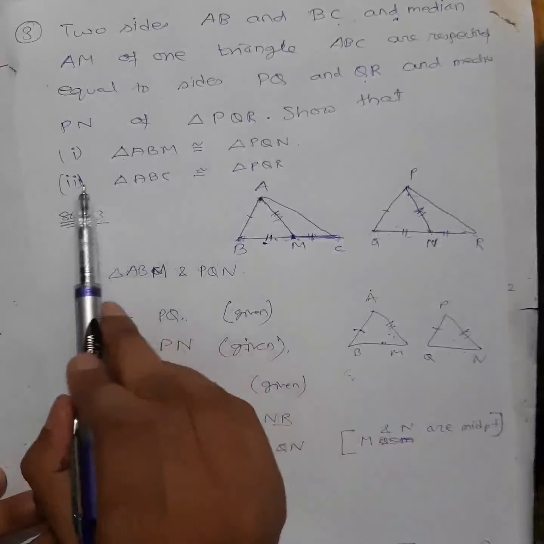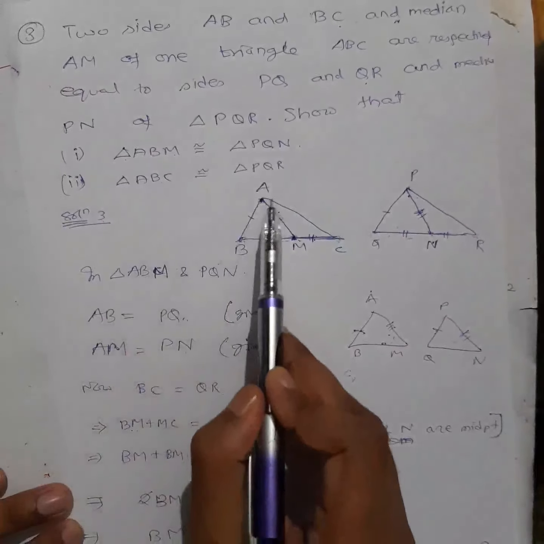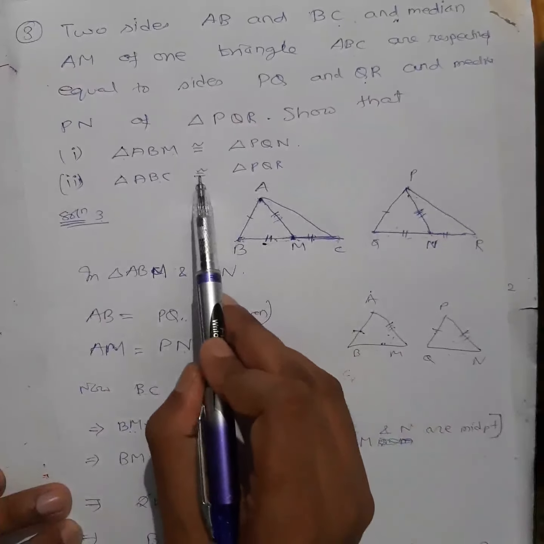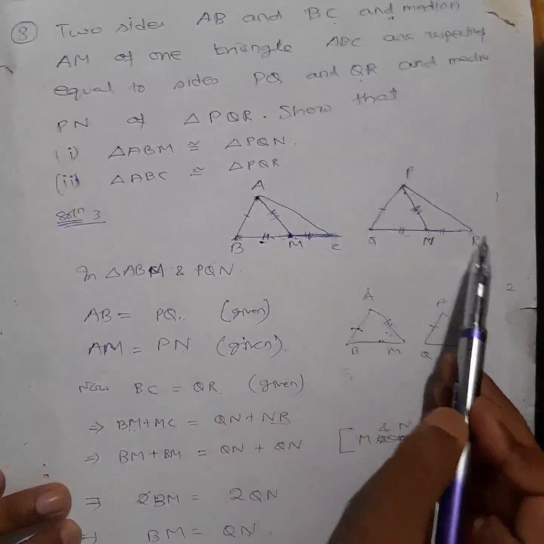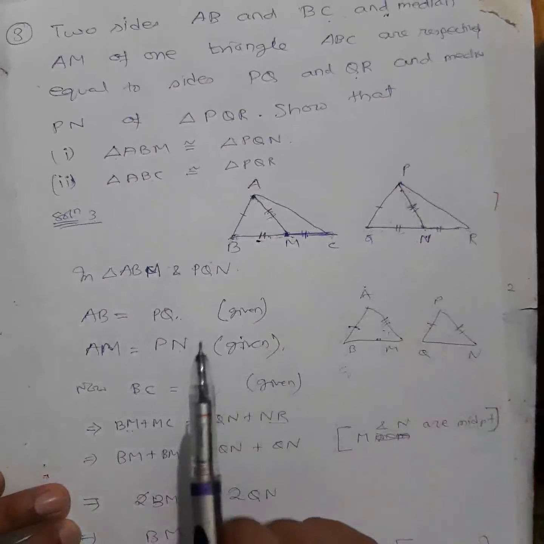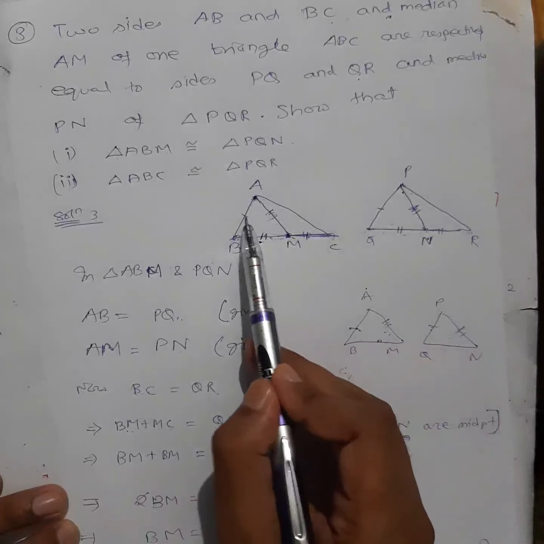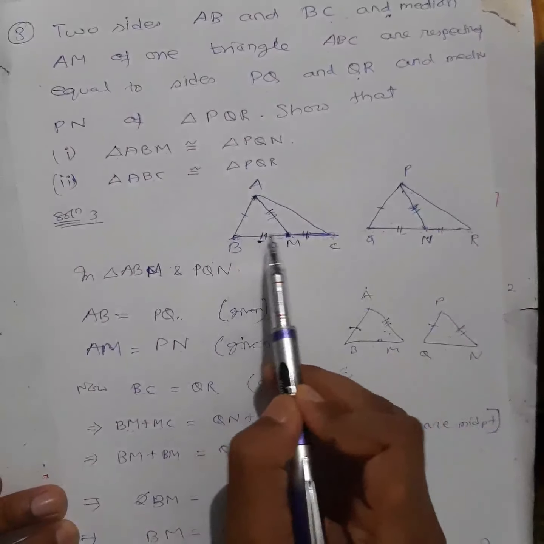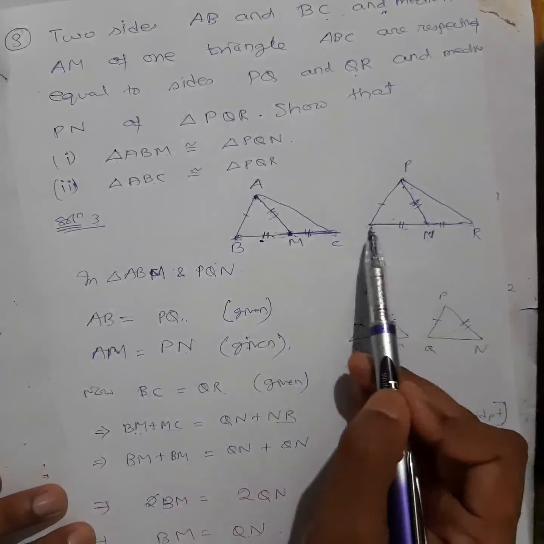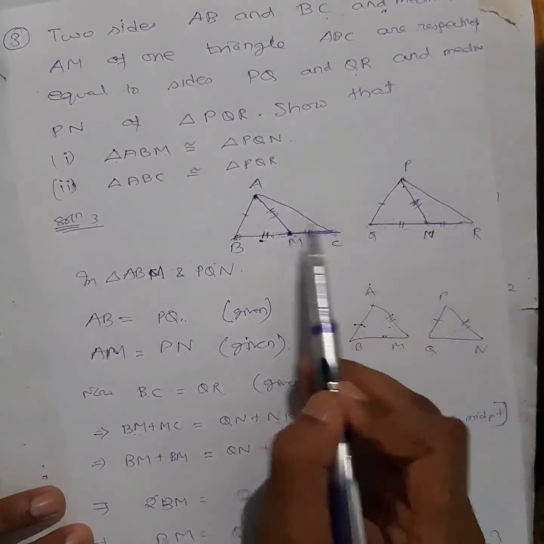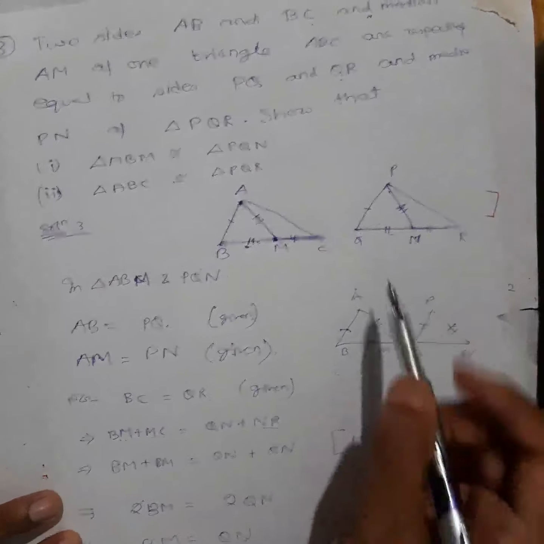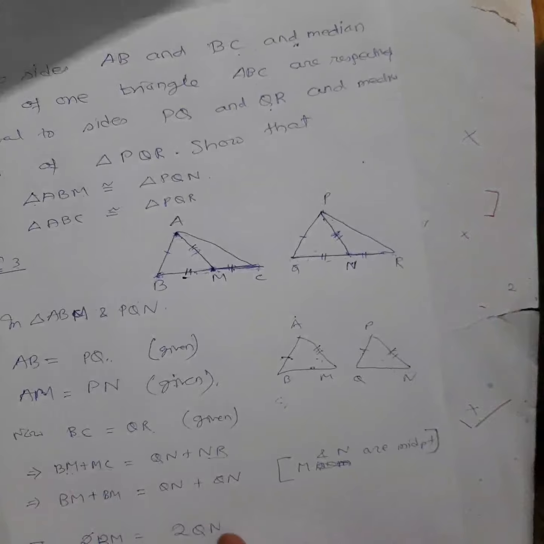Okay, exactly the same. Number 2, triangle ABC. You have to show triangle ABC is congruent to triangle PQR. So how do you show that? Very simple. This and this side are the same. BC and QR are given, right? It's already given. They are the same. Next, one more I have to show is the same. I will just draw the diagram. You just try yourself, okay?